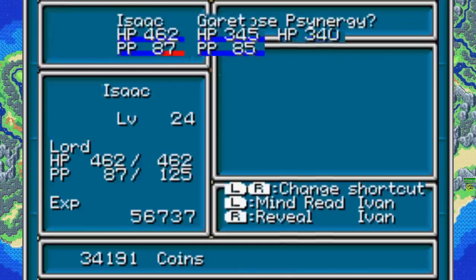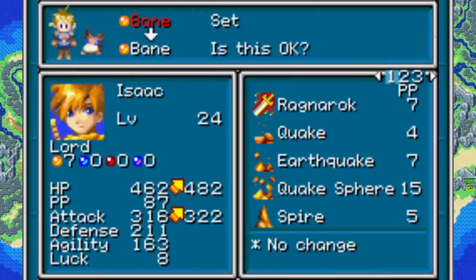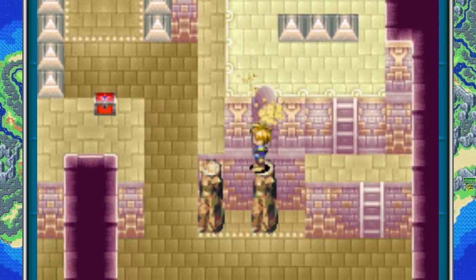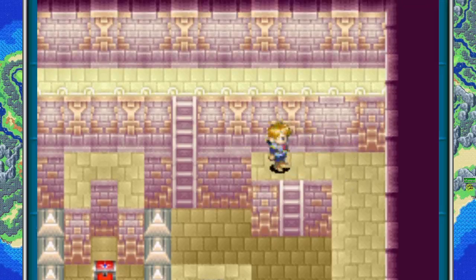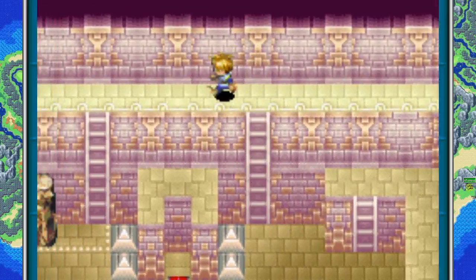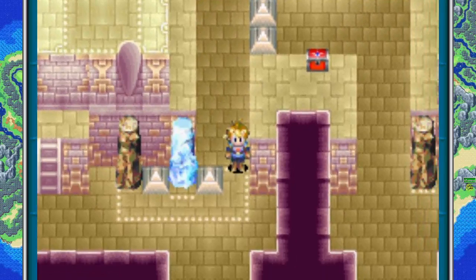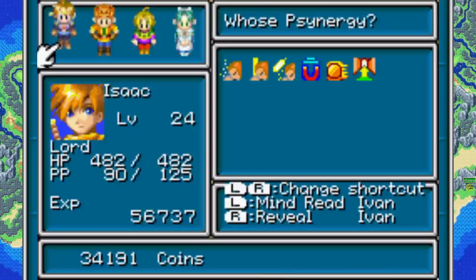And the Venus Genie Bane joins us. And Bane attacks with nature's venom. Very nice. And we'll go ahead and set Garrett's Genie back. So then we can just mosey on through here. And skedaddle our way right on through. Now then, to get to that chest in the middle there, all we have to really do is...